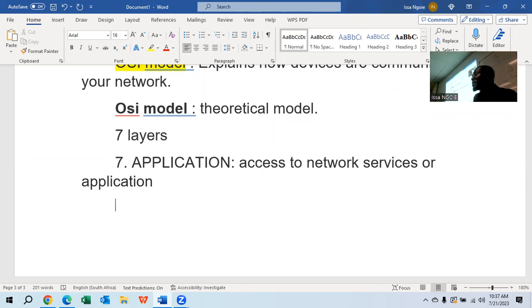This is what you have to understand. When you wake up, guys, and you want to send an email, what are you doing? You go to a browser, right? Your browser, your Chrome, this is the network service. This is the network application. You understand? It's so easy to understand, right? You have to go to your browser. You have to go to Chrome. But what is Chrome? A network application, a network service.